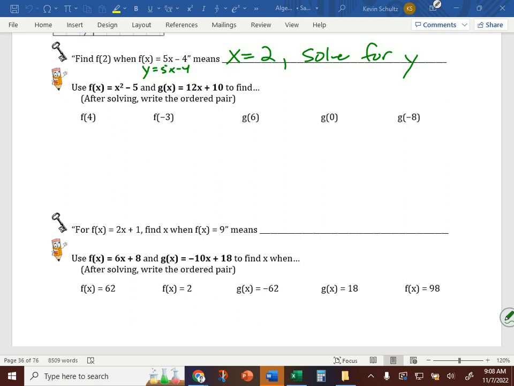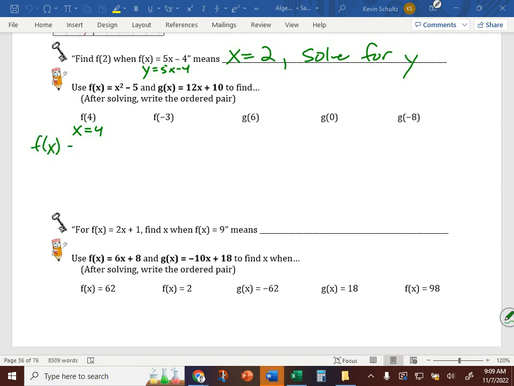Okay? So, in the practice, using these two examples here, f of x equals x squared minus 5 and g of x equals 12x plus 10. To find f of 4, which variable are you being given? X. Which equation do you use that x in? The f of x or the g of x? F of x, right? Because it's f of 4. So you're going to plug in,